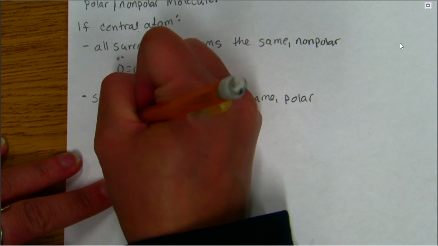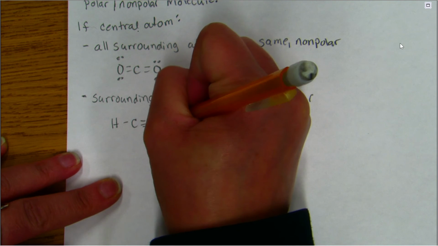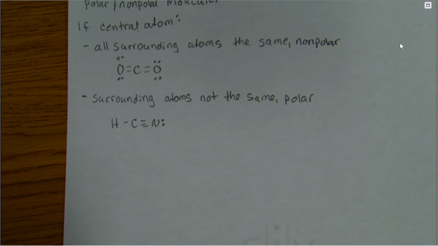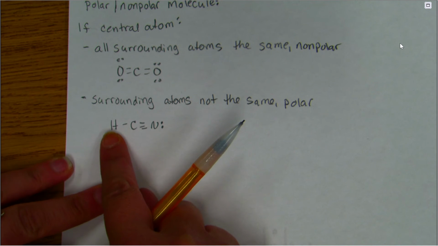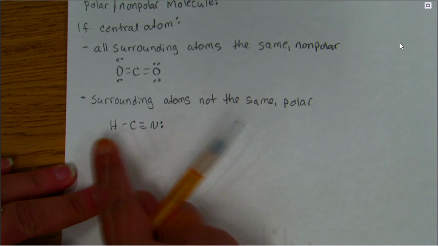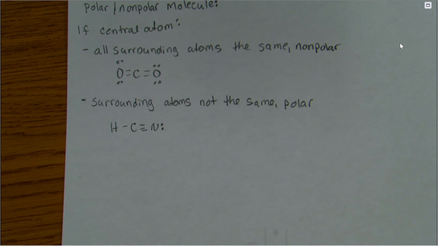For example, HCN, hydrogen cyanide. When we look at this, carbon is the central atom. It is surrounded by hydrogen and nitrogen. Hydrogen is not nitrogen. Therefore, this carbon is surrounded by two different atoms, and therefore we say this molecule is